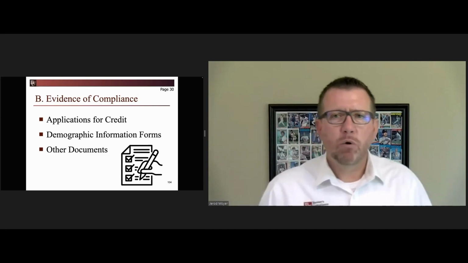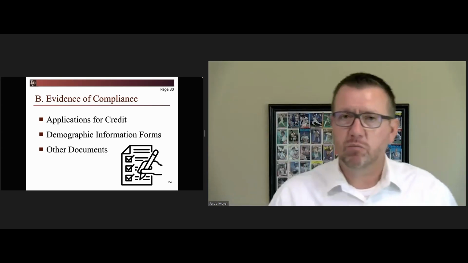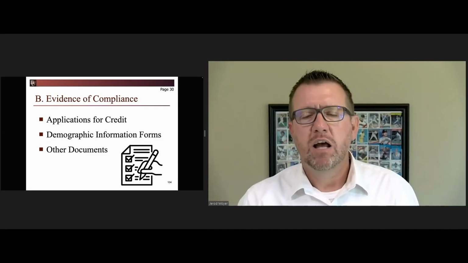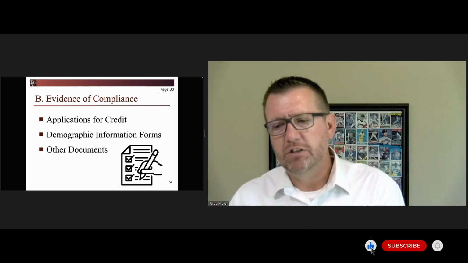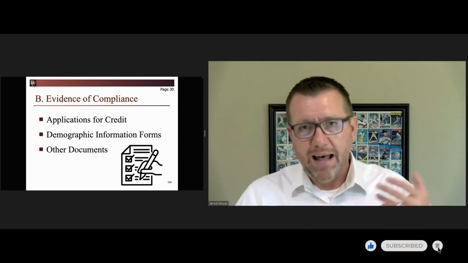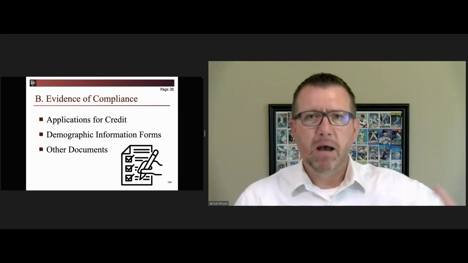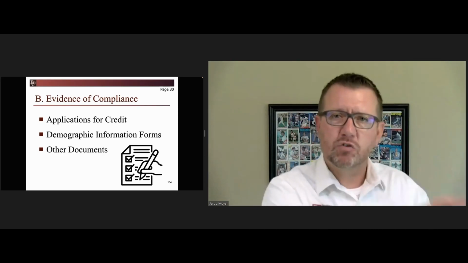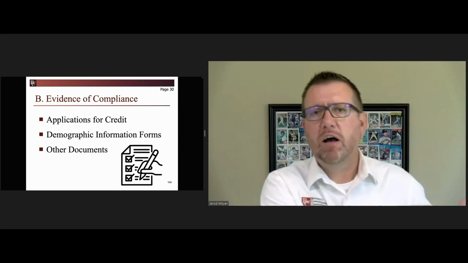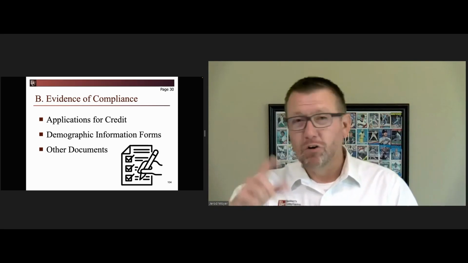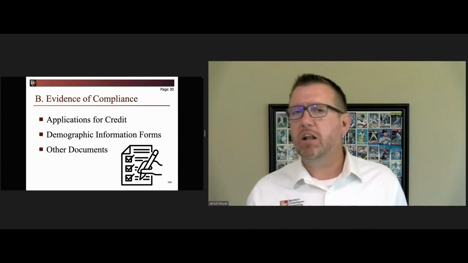Okay, back in session 1, we went through what a covered application was, what a reportable application was. And so the records, the documentation that show that request for credit, hey, that has to be retained. You have to be able to back up what you report by a story, either in a file that's a paper file or an electronic file, which goes back to something that we haven't talked a ton about yet, but